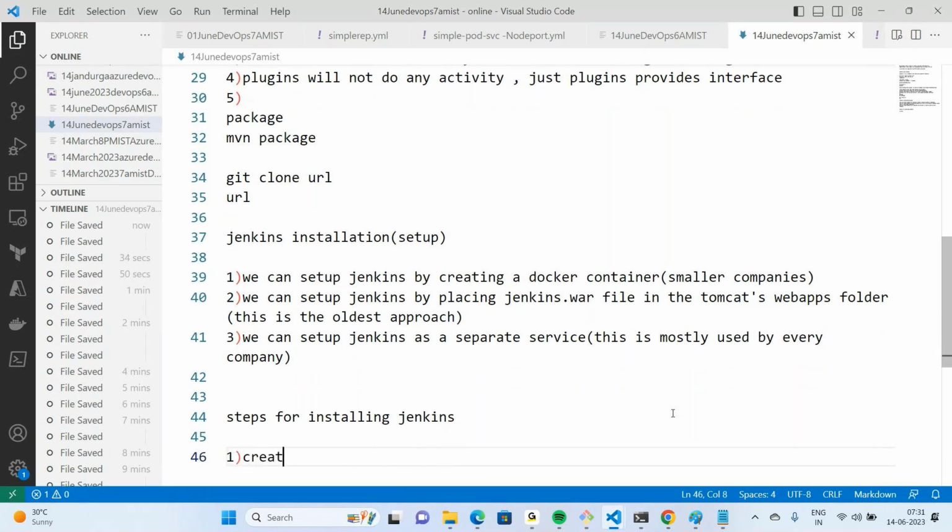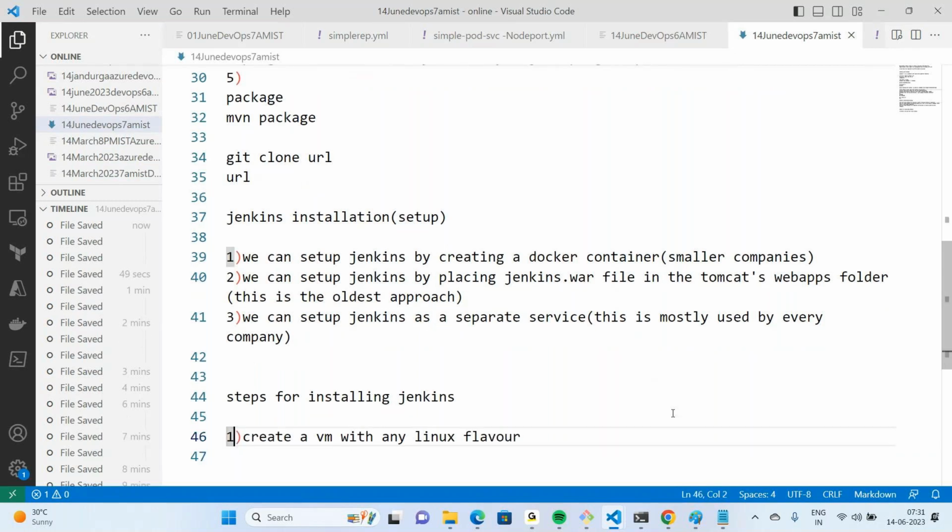Create a VM with any Linux flavor, with more than 1 CPU and 1 GB memory. This is the first requirement. Second requirement is what? Install